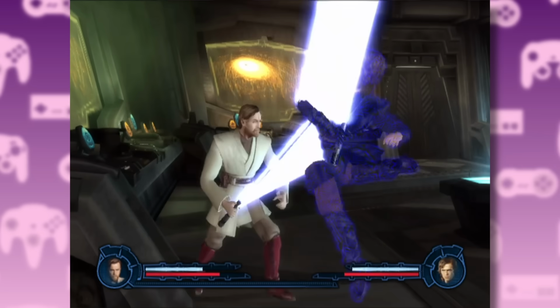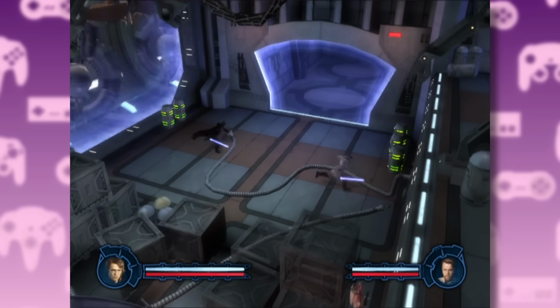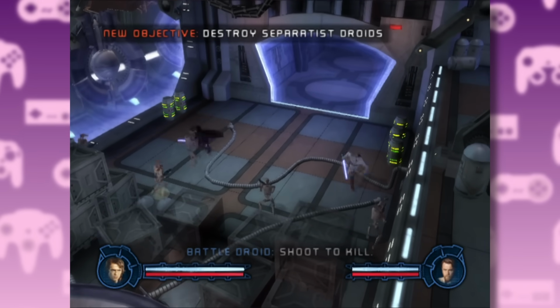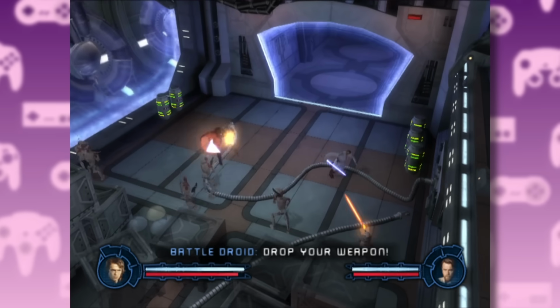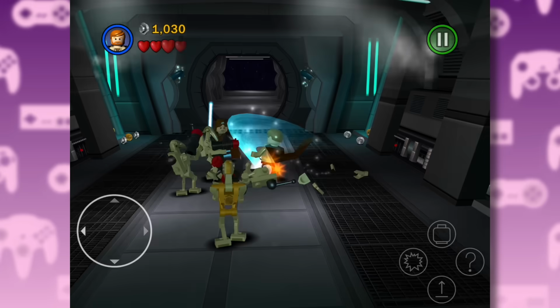And that's it for the campaign, which I think has aged really well thanks to all the prequel memes. Unfortunately, the multiplayer in this game leaves more to be desired. You've got a few levels where you fight these generic swarms of enemies, but that's pretty much it for the co-op, which is a real shame because most of the campaign levels lend themselves really well to co-op, as demonstrated